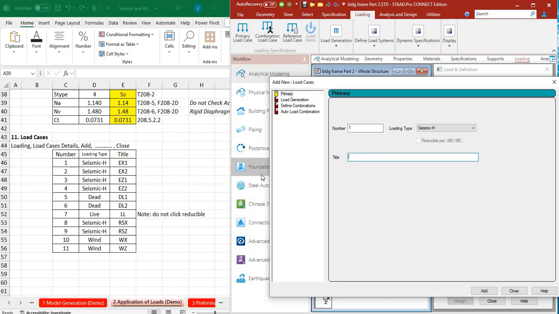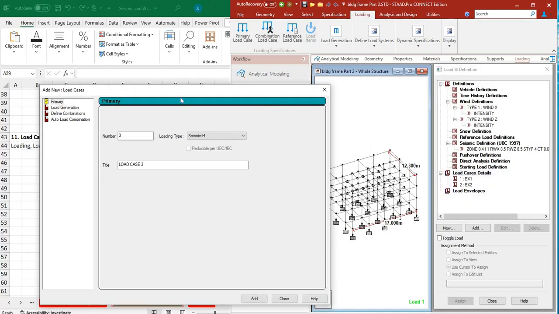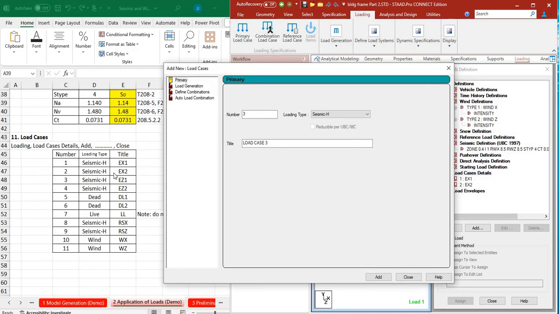EX1. Yan. So, may silbi rin pala ang X mo. Dalawa pa sila, X1, X2. So, you click add. Then, sa number 2 naman, seismic H again, ipasok mo ulit dito yung pangalawang X mo. So, si X2. Then, you click add. So, after clicking add, ayan siya, no? Punta tayo ngayon kay number 3. Still seismic H, meron tayong